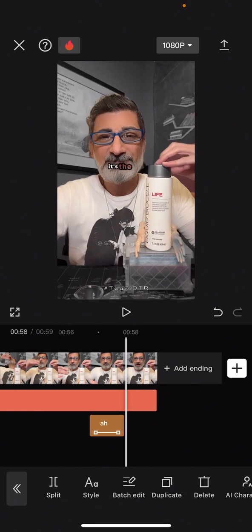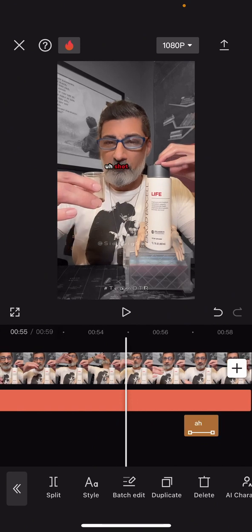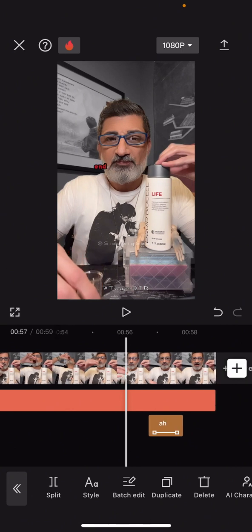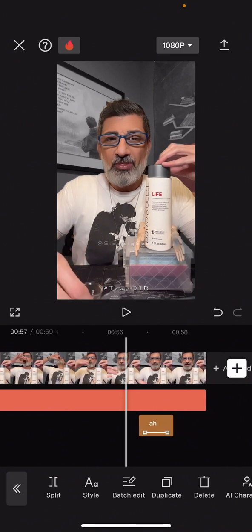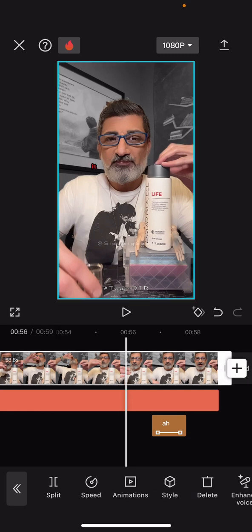Now, right where it's the end, see, right where I put the shot down, like right here, is where I would want to end the clip. Even though my face looks funny, maybe right here, I'll end it right here, right? Now you see where the white vertical line is? This is going to show you where you are in reference to the video, and underneath is my tagline, the side gig Sean, right? So when I tap on the video, it highlights the video. Now where the white line is on the bottom left here, I can hit split,